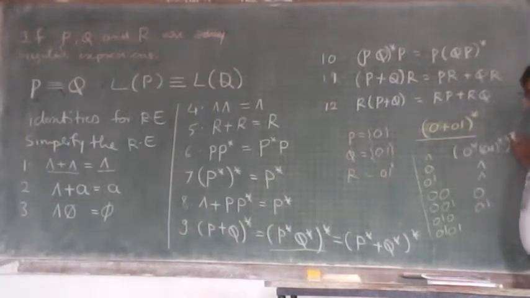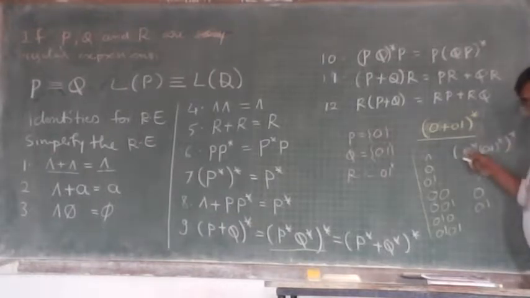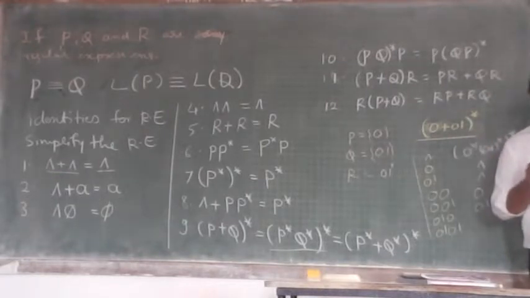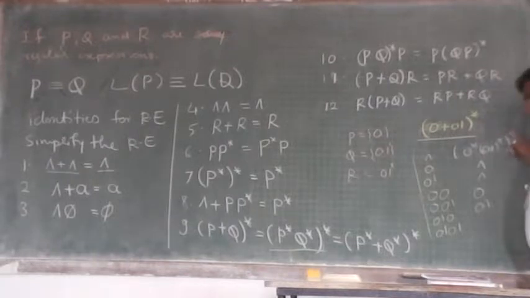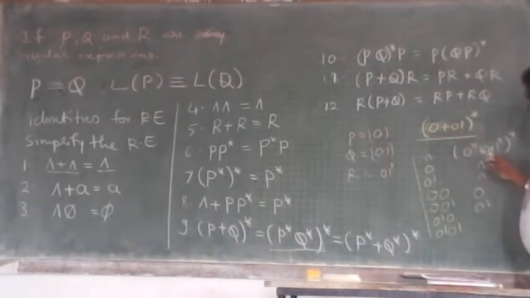When this outer closure you are considering as a 1. ठीक है ना? जब outer closure 1 consider कर रहे हैं, 0 consider कर रहे हैं तो you cannot go for considering this is 0 or 1 or 0 or 1. Are you understanding? When outer closure you are considering as a 0, there is no meaning to consider this star as a 0, 1, 2 or anything. Outer closure value is 0, it means that you are not at all allowed to enter into this bracket. Are you understanding? So by considering the outer closure as a 1, we are getting into producing the string out of the regular expression. ठीक है?